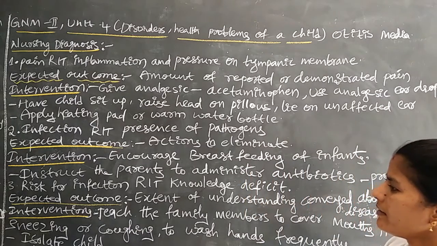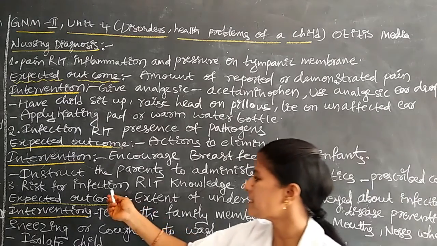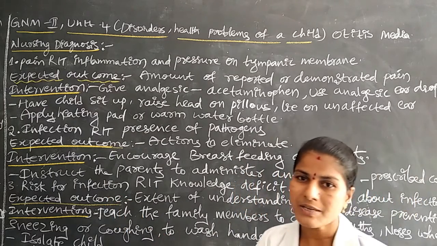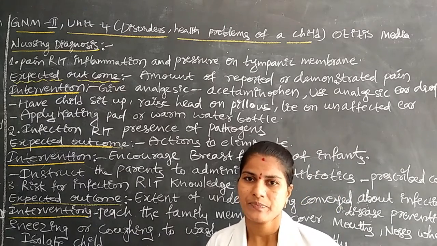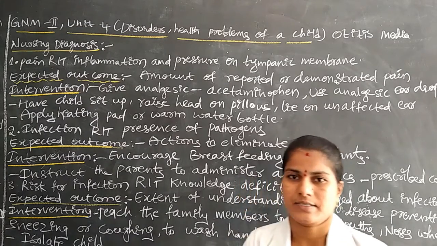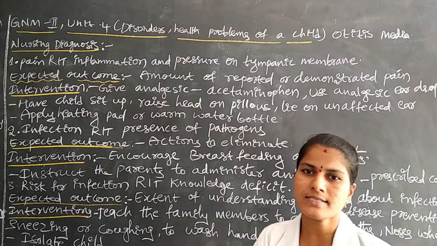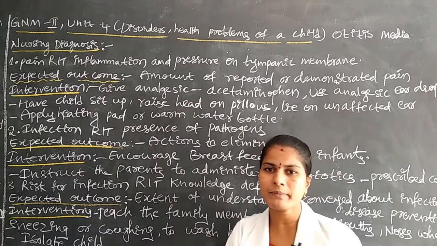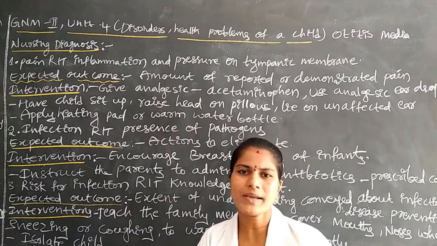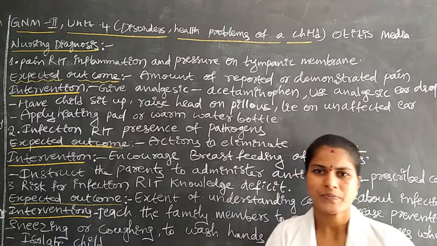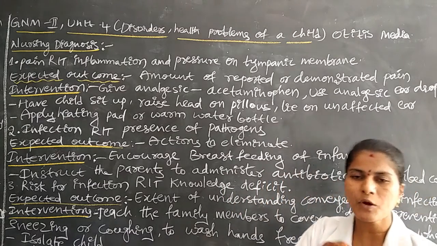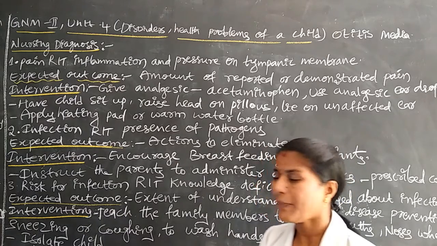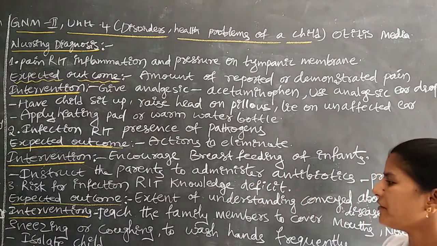Here, what happens is the risk for infection. What is the risk? The major risk is overcrowding, or sometimes the parents neglect it in the early stages. If the infection is there in the children, and in the early stages we give proper treatment, there are no complications regarding otitis media. Only in the acute stage, if we give proper treatment, the disease will be cured. Here the parents neglect the infection.